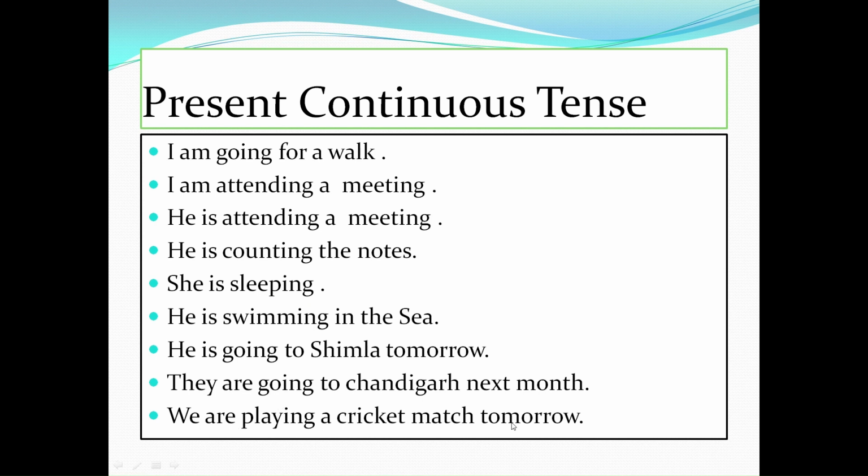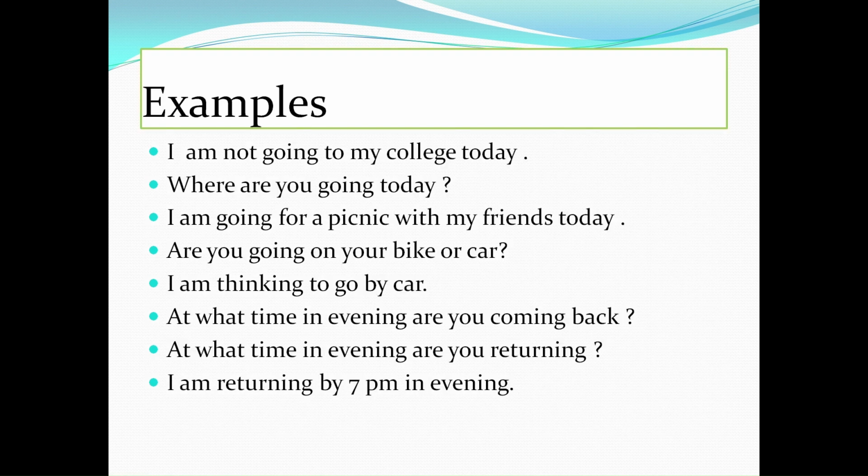So again, first person is used, second person is used, third person is used, and the helping verbs is, am, are are also used while making these examples. Now, certain examples of interrogative sentences also. For example, are you going on your bike or car? So here the sequence would change a bit. The helping verb would come first, then the subject would come, then the present participle. This is how the sequence would be.